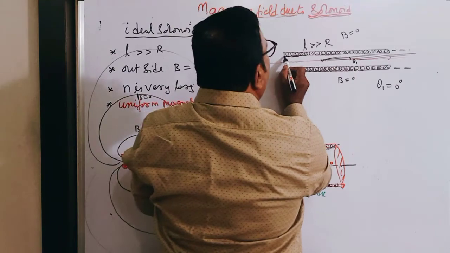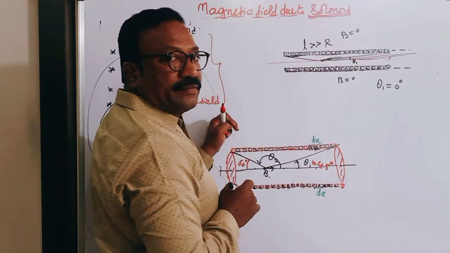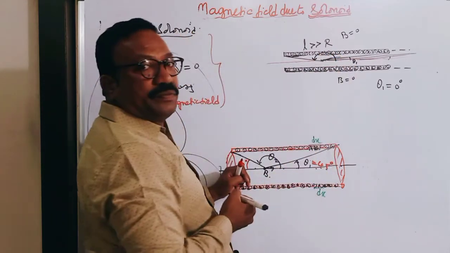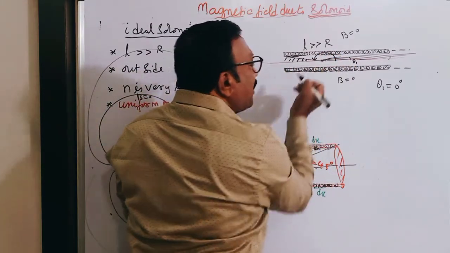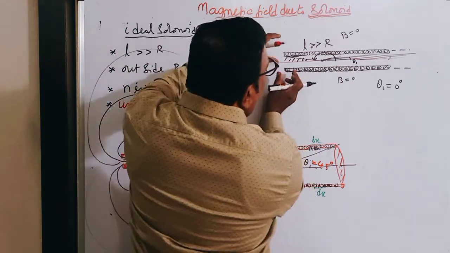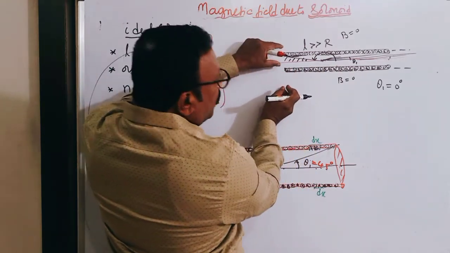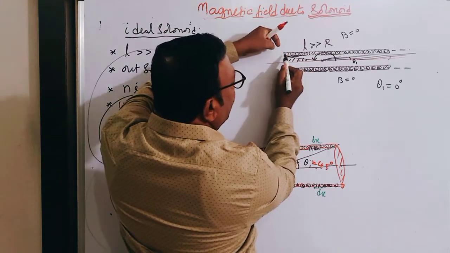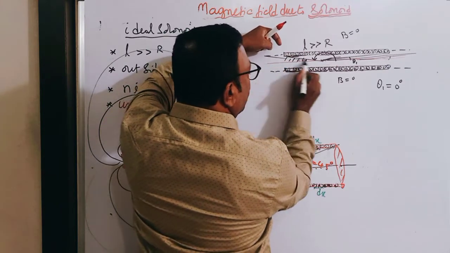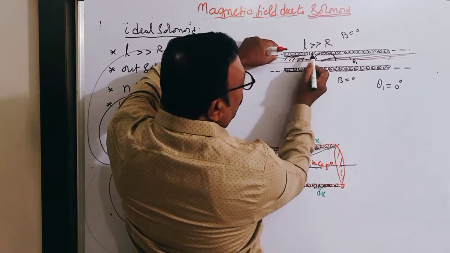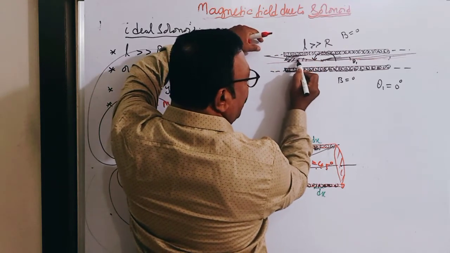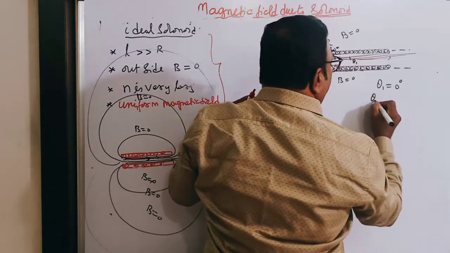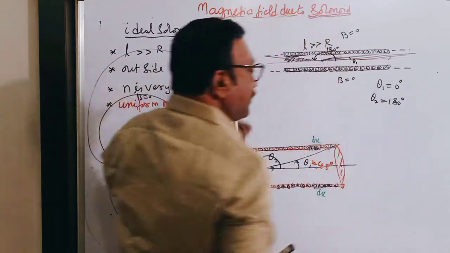Now join a line to the other end of the solenoid. This is the other end. So what is theta 2? I have to measure this angle, theta 2. So this angle is negligible, I am telling again. Why is it negligible? Because the radius is smaller, so this is becoming smaller here. You can increase the length a little bit also. So the radius is becoming smaller, the length is increasing, which means this angle will become negligible. Then theta 2 can be taken as 180 degrees.